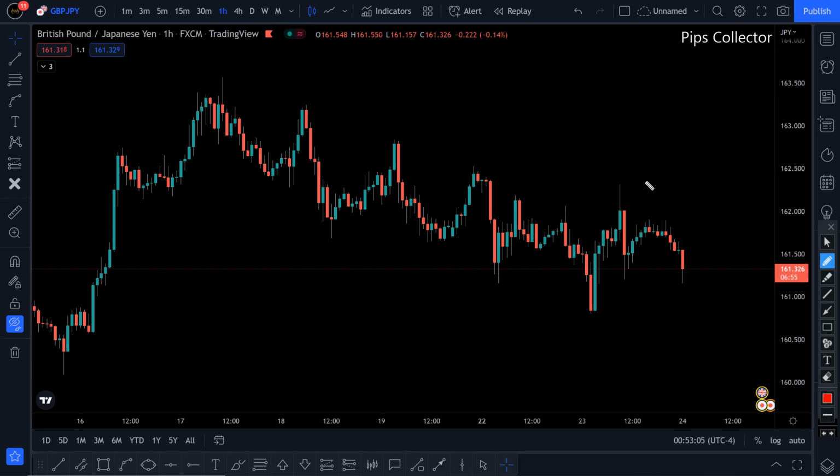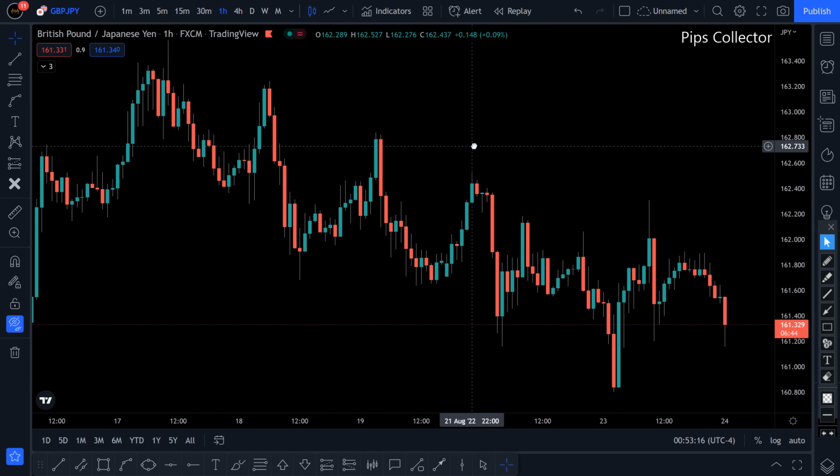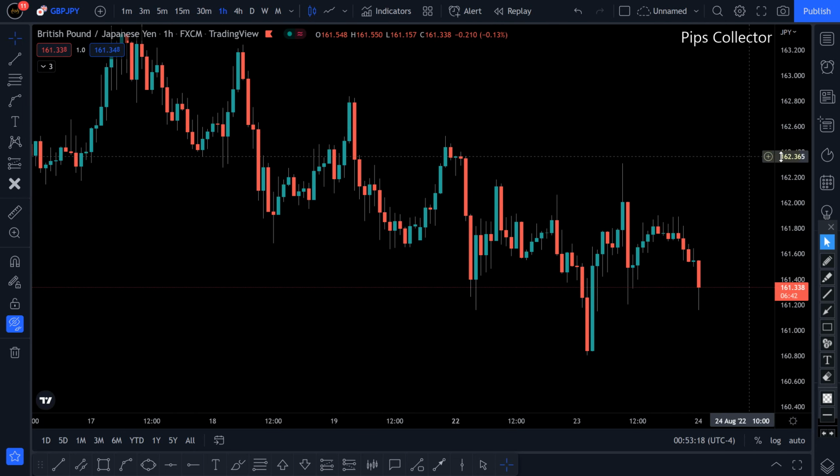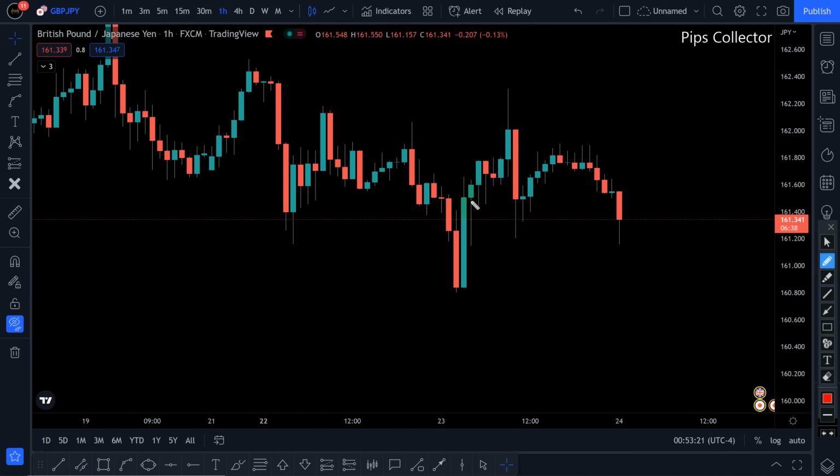Okay, welcome. On British Pound Japanese Yen, we'll do some post analysis. Let's look at what we got yesterday. I was looking at taking sells here, stop loss above the structure, TP to be somewhere around here, which is